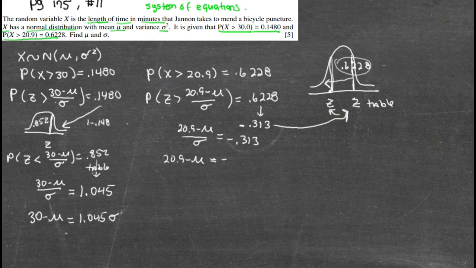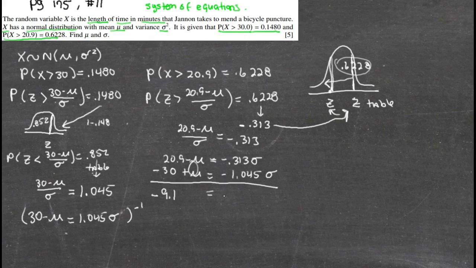Again, we're going to multiply both sides by theta and get our equation. Now you notice the other one is set up pretty much the same. I'm going to multiply it by -1 and put it underneath. When I add these two equations together, the mu's will be eliminated. So 20.9 minus 30 gives us -9.1, equals -1.358 theta. We divide both sides by -1.358, and we'll find that our standard deviation is going to be